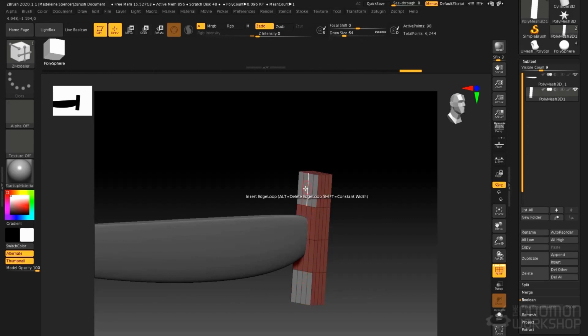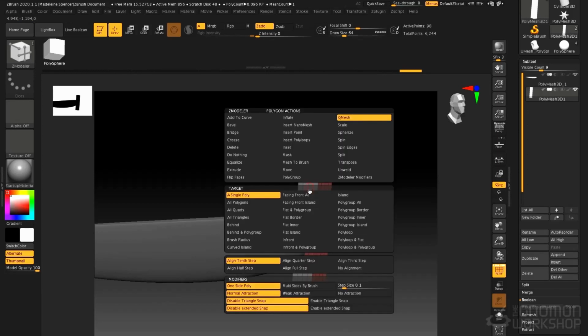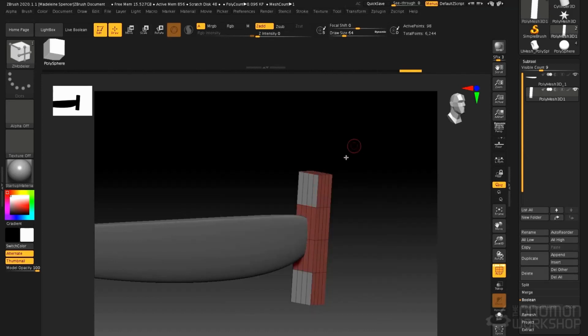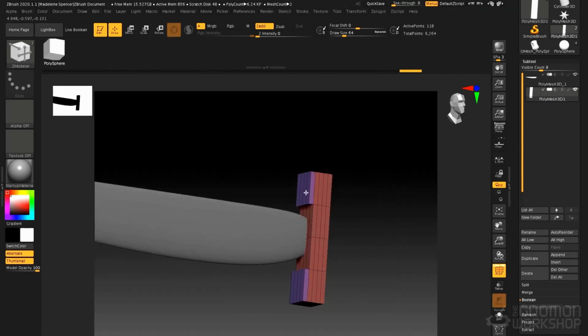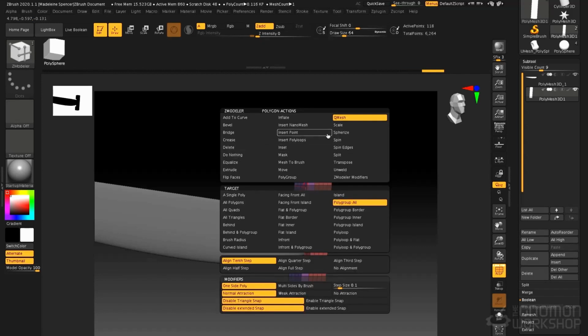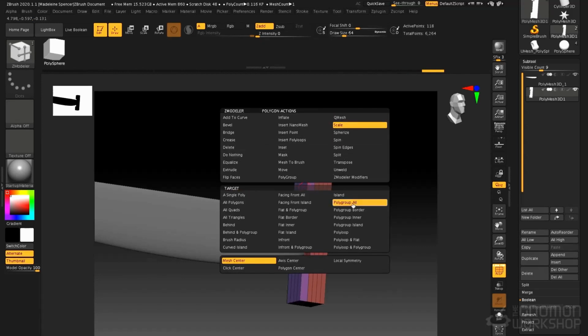Now, if you have not yet seen the Z-Modeler video, I recommend checking it out. It's a very, very useful tool. While we're mousing over this polygon, I'll press the space bar, and I'm going to Q-mesh, polygroup all, and I'm just going to grab these points and just pull them up. And then I'm going to go to Scale, and I'll do polygroup all, and we'll do